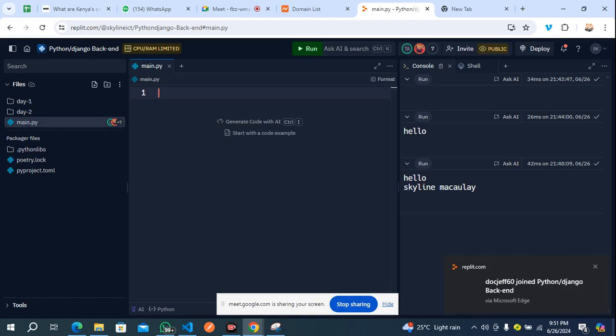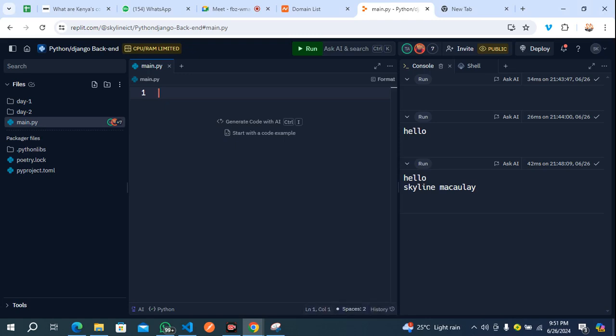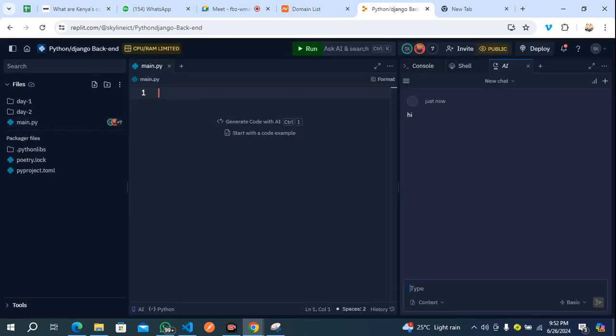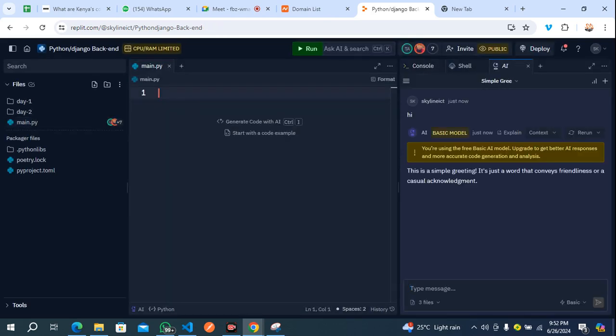The fascinating thing about this platform is that it can also help you break down code. If there's any code I don't understand, or something I want to write and I don't know how to do it, what you need to do is very simple. You come to this place, Ask AI. You just say hi and enter, then this option will come.